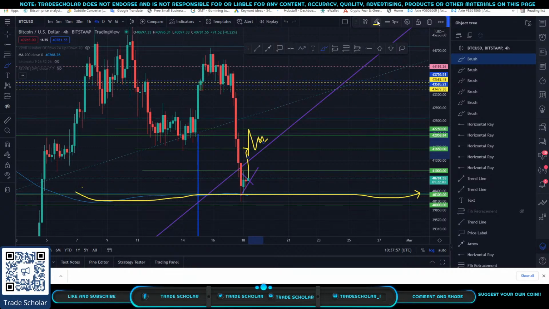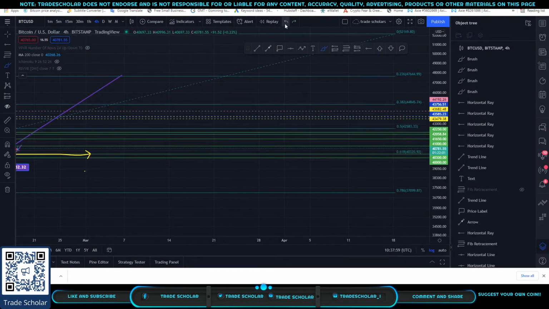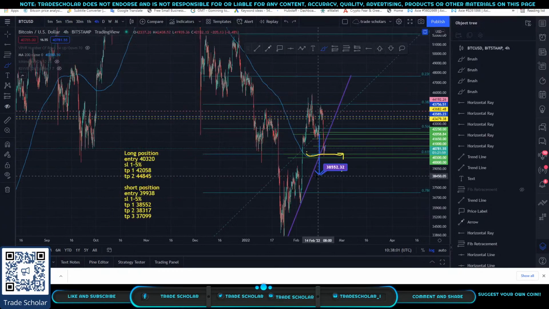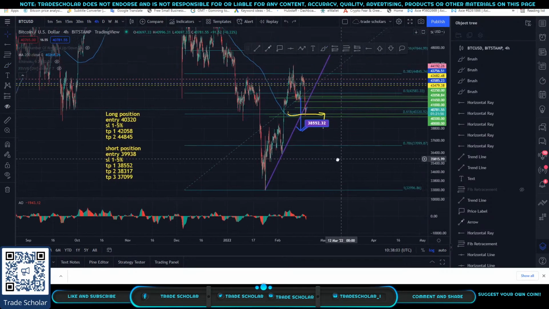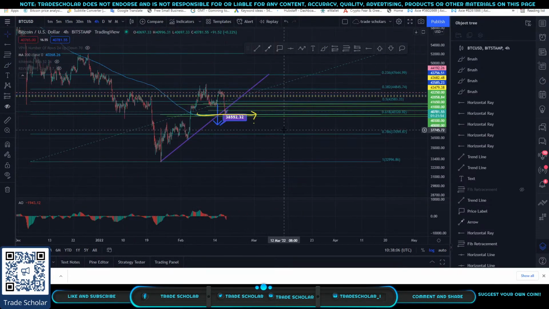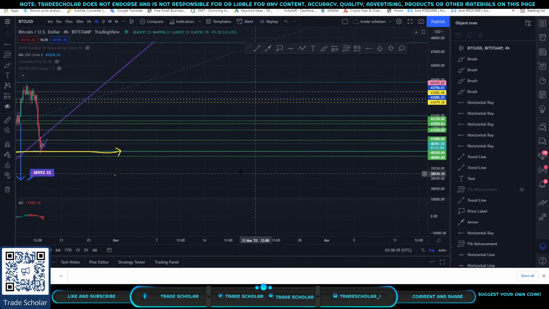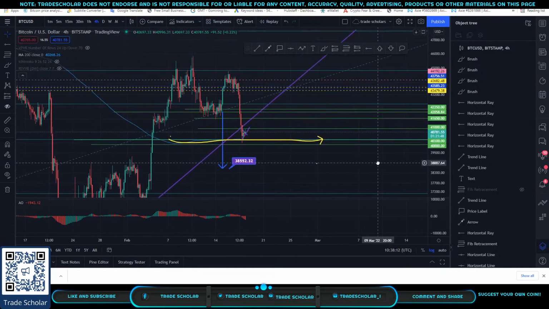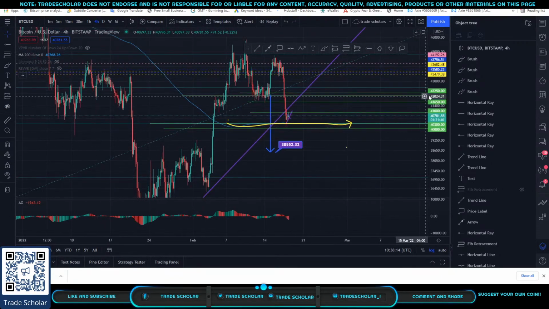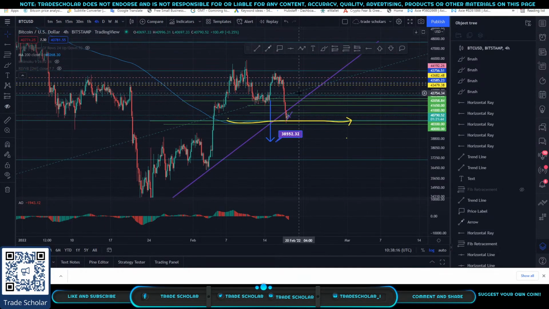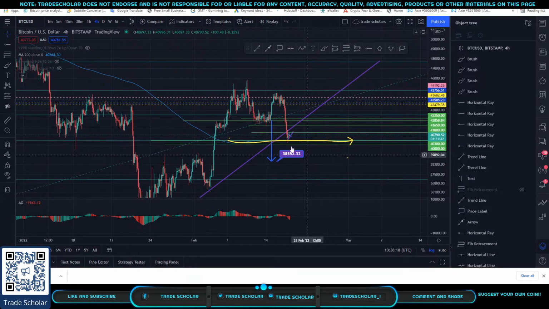So how are we going to trade this one if this is the case? If you want to trade this area right here, I'm gonna send you the signal in our practical trade group. But from here, you can already observe how to trade this one. This is the double top, this is the breakout. So if we break out to the downside, you can short it. But if we don't,